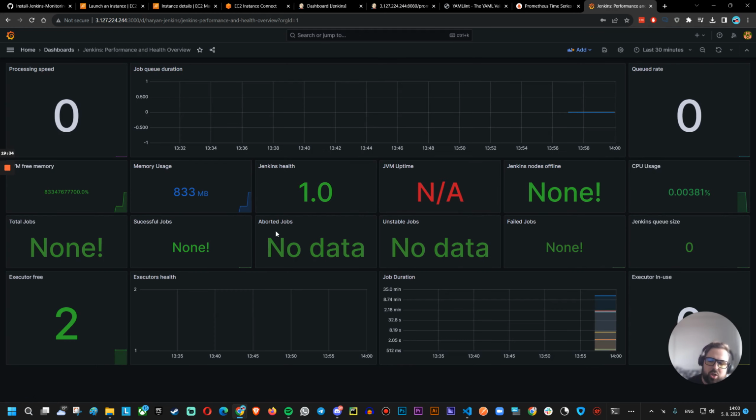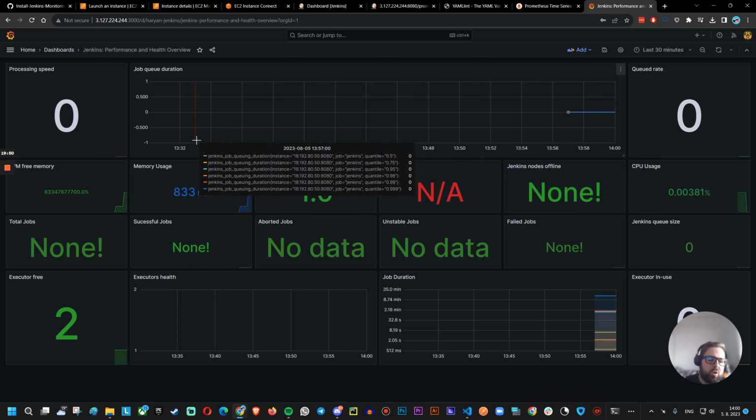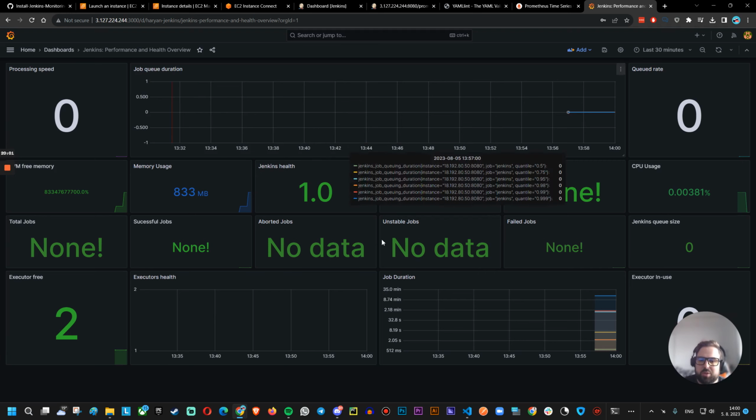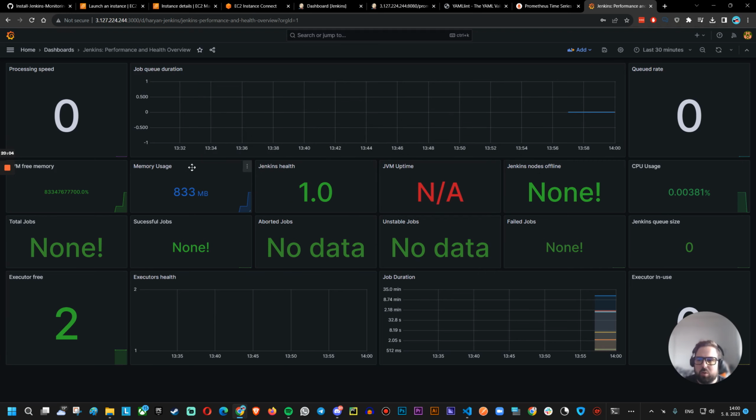And you can see now information: Jenkins health, how many executors are free. And you can see the CPU usage, for example, here, as I mentioned. So you can see how much of the CPU that is available to this Jenkins container is actually going to be used, right? But of course, on grafana.com you can find more dashboard presets, or you can then afterwards change the dashboard preset based on your requirements. So that will be pretty much everything